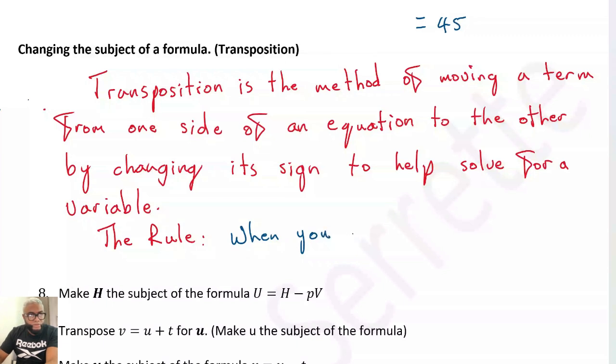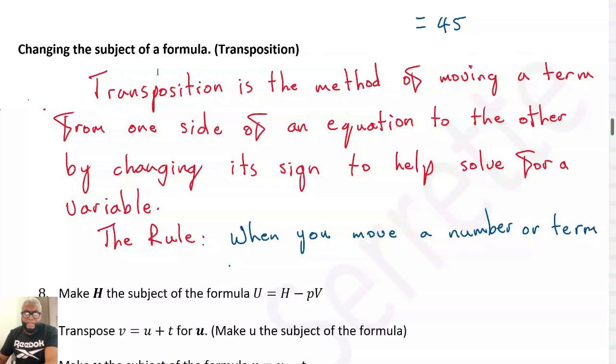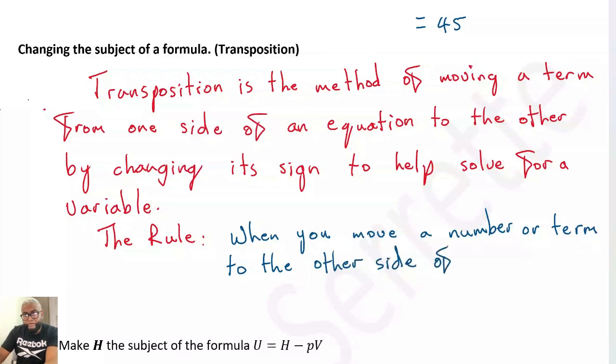When you move a number or term, when I use the word term, it's a variable, I mean, right? A variable or a symbol. Okay? So when I move a number or term to the other side of an equal sign,